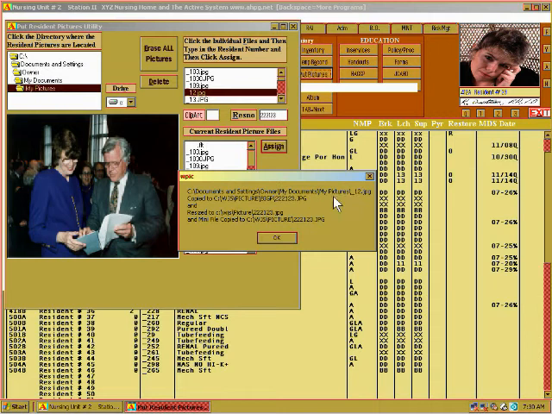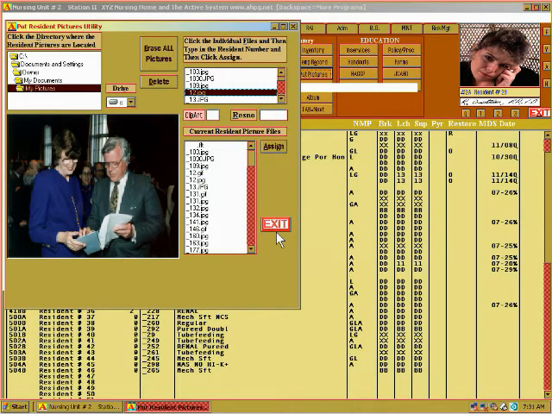into the picture folder, and we have one that goes in the big picture folder. That's for your 8x10 glossies, and one is resized to make a smaller version that goes on the roster and your labels. That's what this box is for. But you simply click OK, and the picture is created. And that's all you do. That's how you put in all the pictures. You simply go down the line, and